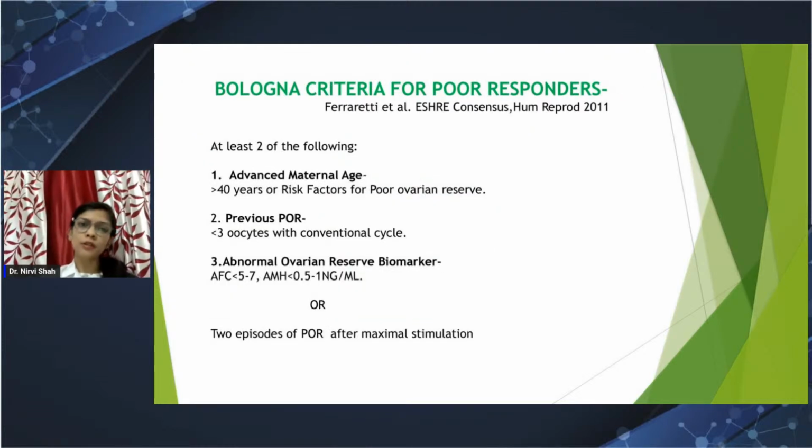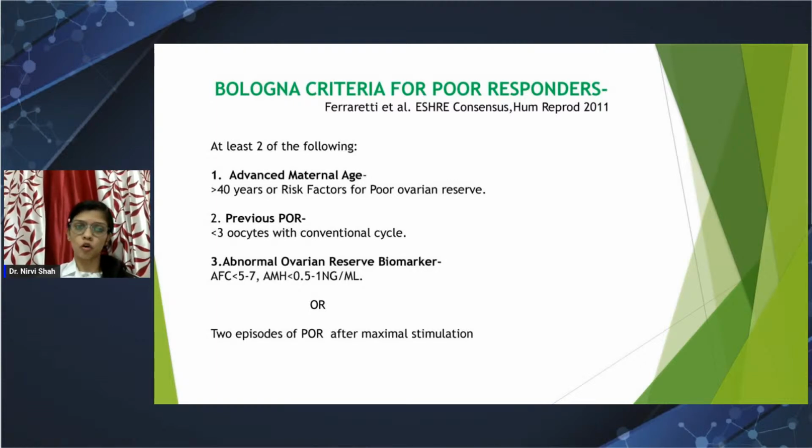So in 2011, Ferraretti et al. and the ESHRE consensus came up with the Bologna criteria for poor responders, where they suggested that at least two of the following should be positive to consider them as poor responders. One factor is obviously advanced maternal age, which is more than 40 years, or any risk factors for poor ovarian reserve. The other one was any previous poor ovarian response to stimulation, meaning less than 3 oocytes were retrieved with a